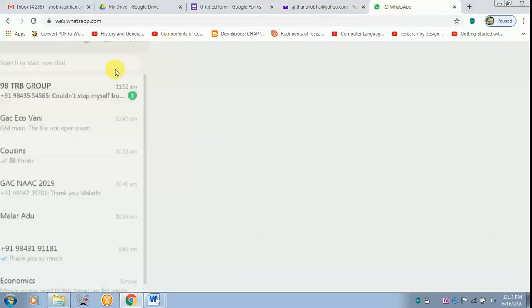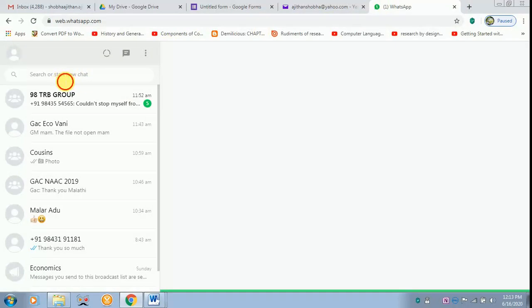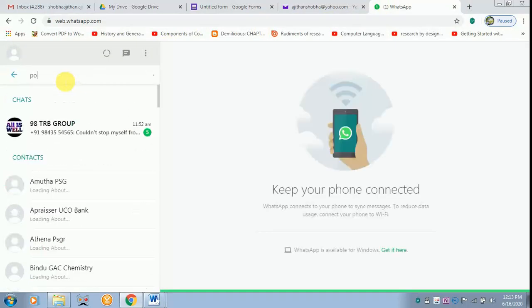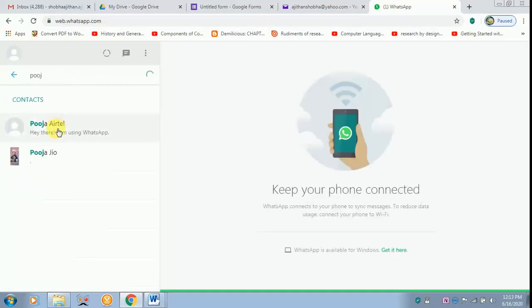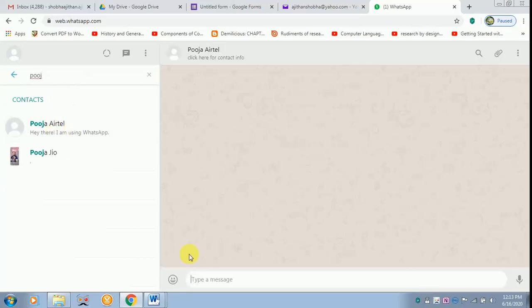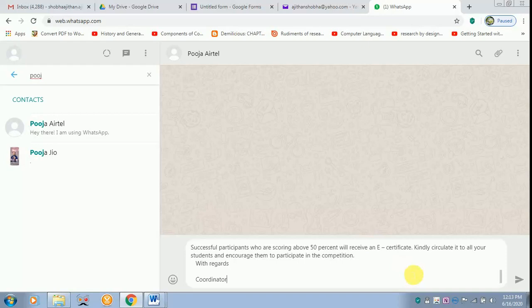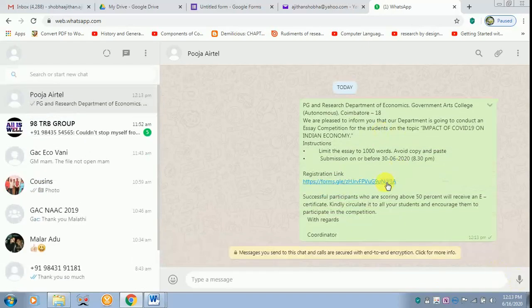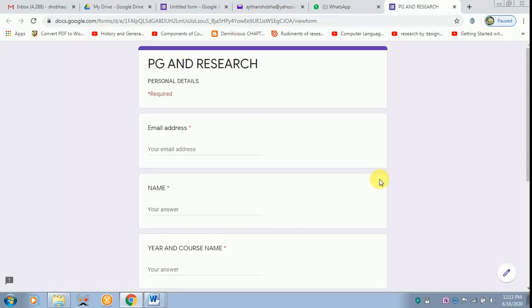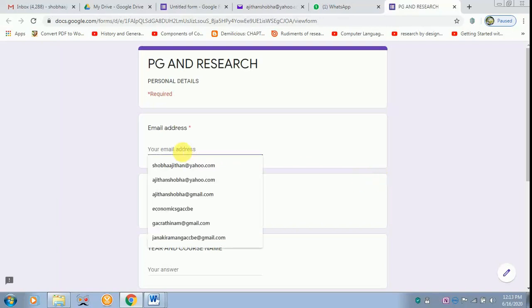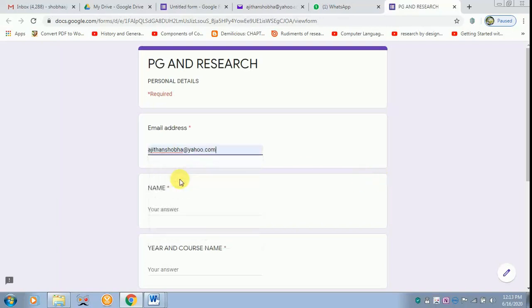Now I am sending this link to my daughter. So just paste it. So she will receive it in this format. Now she can access the link. So she'll be typing her email ID, ajitanshobha@yahoo.com.